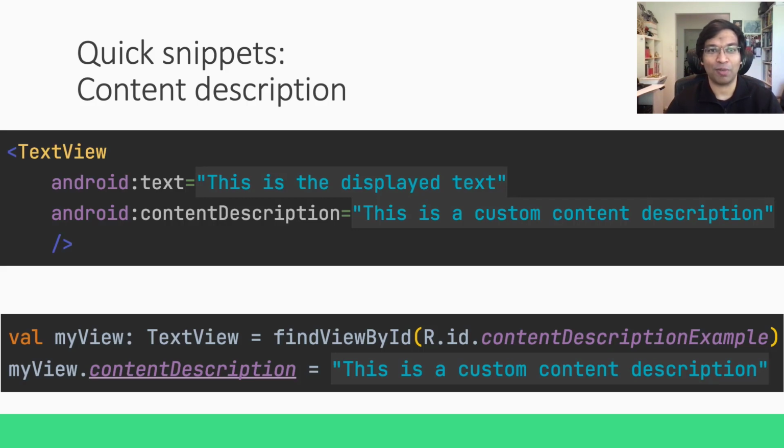The first one we're going to have a look at is very commonly used. This is the content description. You can think of this as the accessibility label, and screen readers like TalkBack will announce this to accessible users. If nothing is set, whatever defaults will automatically be provided. In XML layouts, there is a very handy content description property where you can set text against it, or you can use a string resource. And using code, all you have to do is locate your view and set the content description property.